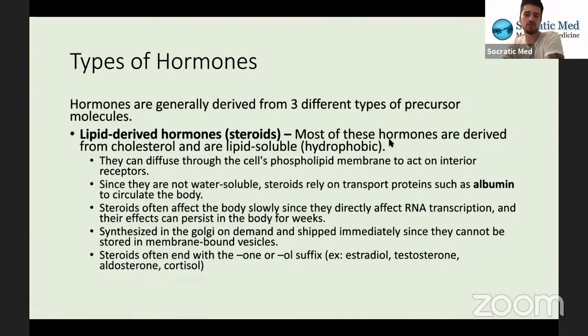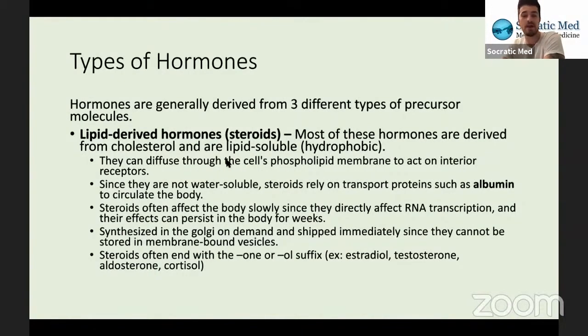And if you look at most of these molecules, they have very similar structures to cholesterol. So if you know what cholesterol looks like and they give you the structure of a hormone and they're asking you to identify it, it might be pretty useful to know the structure of cholesterol so you can easily identify them. And lipid-derived hormones can diffuse through the cell's phospholipid membrane to act on interior receptors. So remember, they are hydrophobic, and so is the phospholipid membrane. So these hormones are able to diffuse straight through without any sort of transport protein or anything like that,